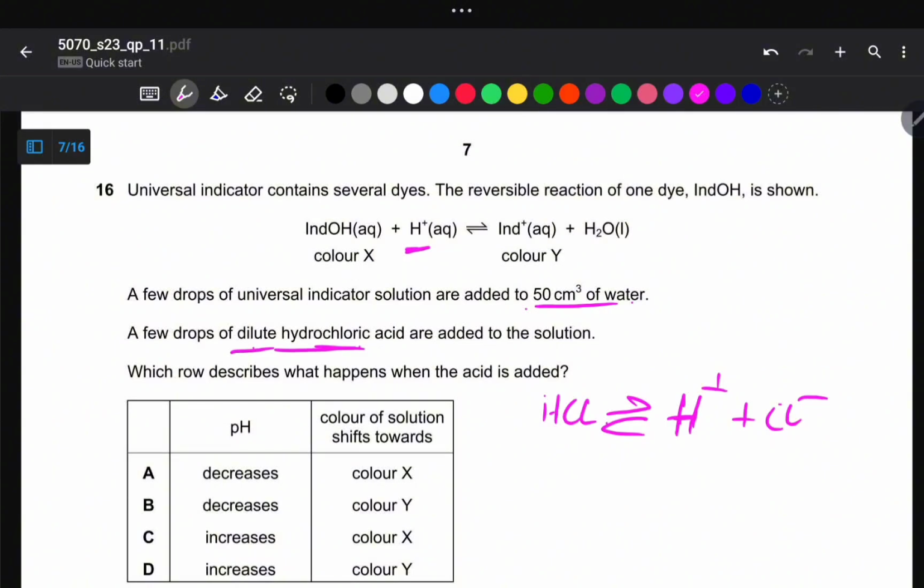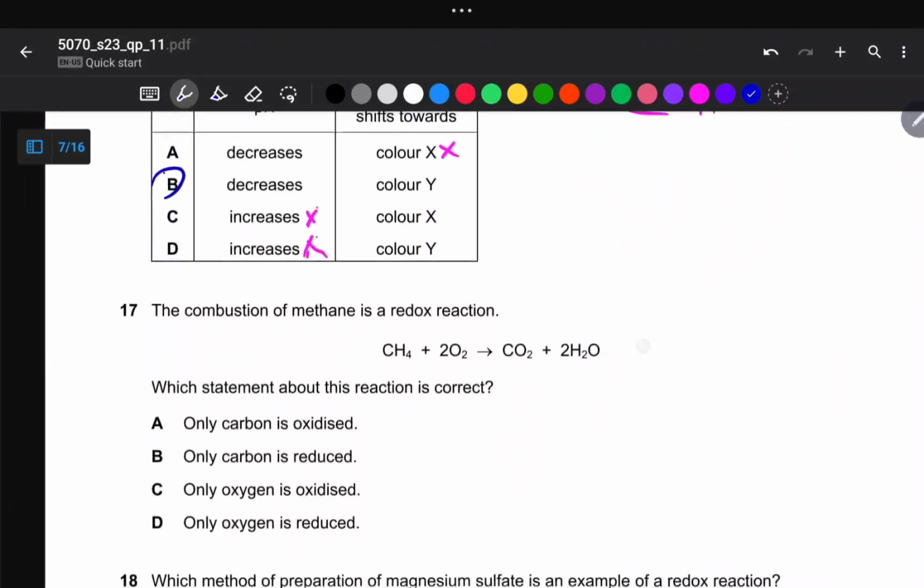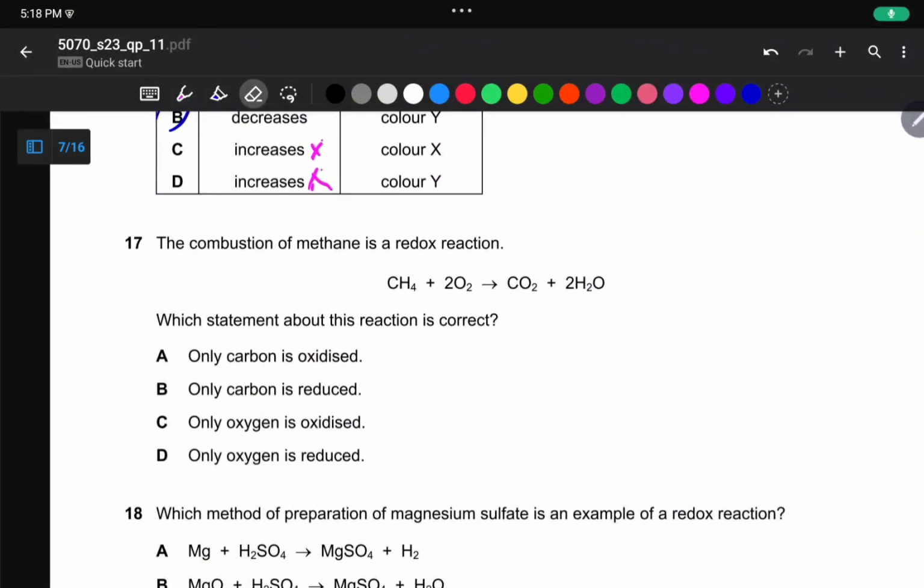So the question says, which row describes what happens when the acid is added? When the acid is added, we are going to favor the forward reaction, thereby pH will decrease. So we rule out option C and option D. And then the color of solution shifts towards color Y. So color X becomes false. So the option becomes B. We are now moving on to number 17, which says the combustion of methane is a redox reaction